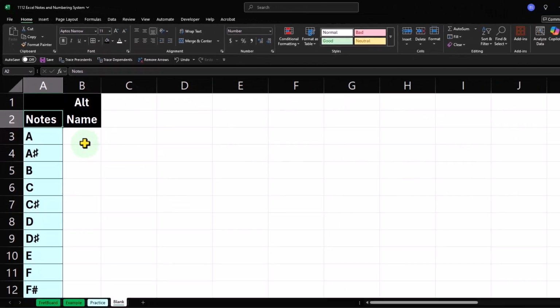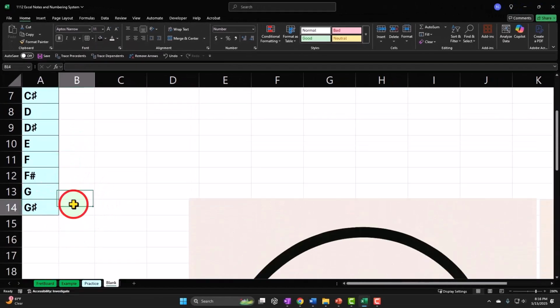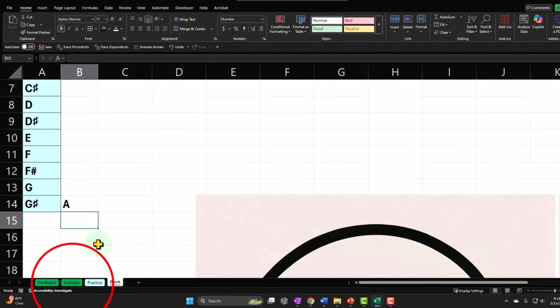So what's the alternative name? Well, if I count it up the other way, then I'd have to start at G sharp, which if I'm going backwards, I should call A flat. Now you could use an A B with a small b, but that's not exactly the sign. You're supposed to use